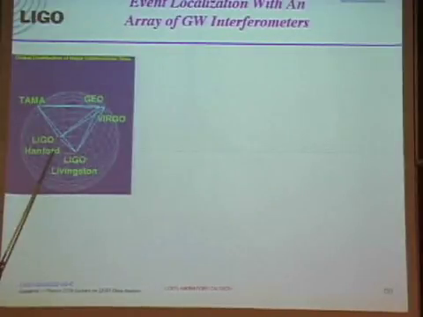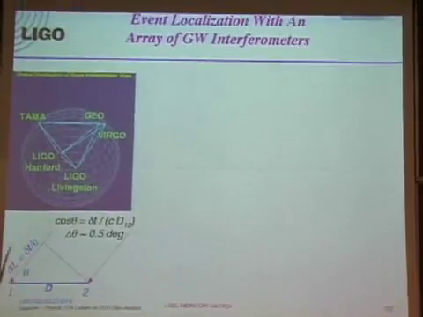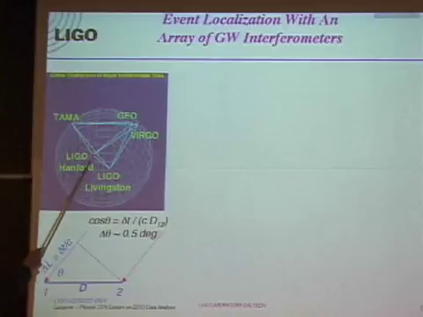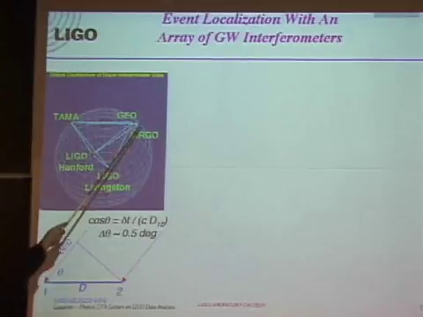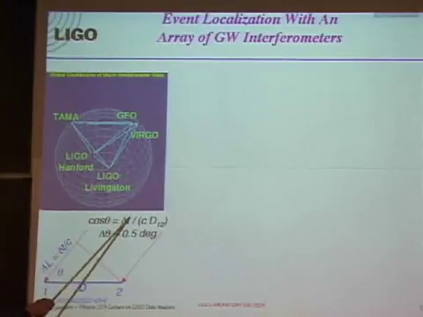If I consider the globe, I have this solid polyhedron that's formed by the vertices of the detector. And for each one of those, then I have a baseline. And relative to the baseline, then I can ask the question of how well I can detect the source in the sky. And if I look at the geometry and say that I have an uncertainty delta t in the